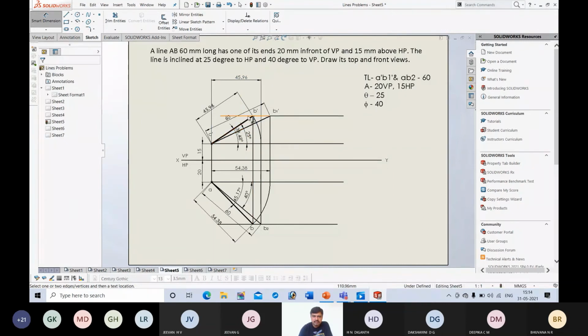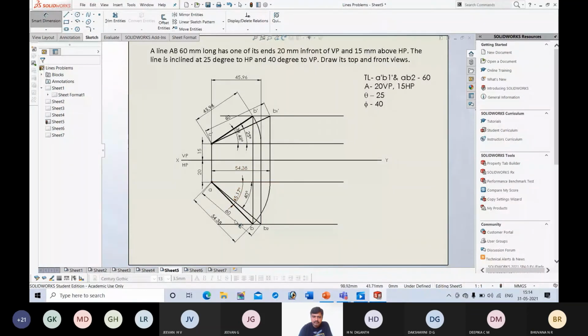Now, we don't have information regarding the locus of B, the location of B, we don't know. But what we know is that this front view length can be located on the locus of A dash, and this top view length can be located on the locus of A. That we can understand with the help of this construction procedure. This is the top view. Again, with the help of this arc, we can rotate it and transfer the top view.